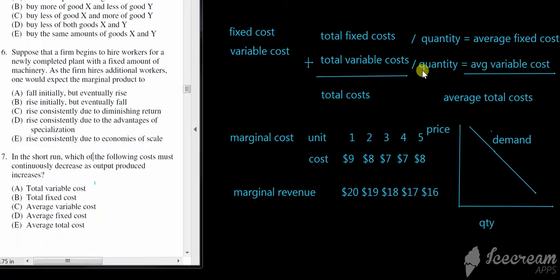Okay, now let's take D. D is the average fixed cost. So if we look at average fixed cost, we see that's the total fixed cost divided by quantity, and we know total fixed cost, we just said, does not change, but the quantity in the denominator does change. In fact, it keeps going up and up. So the average fixed cost, as you keep making more and more, will indeed continue